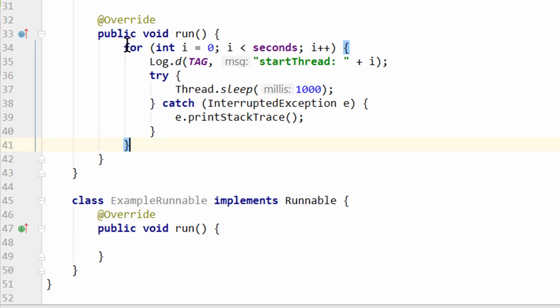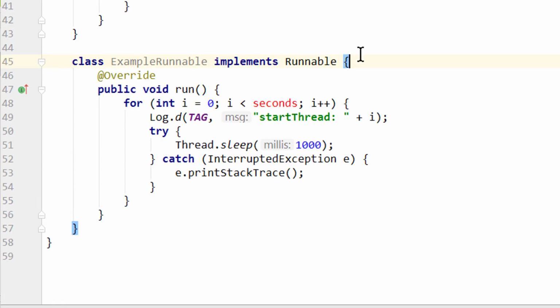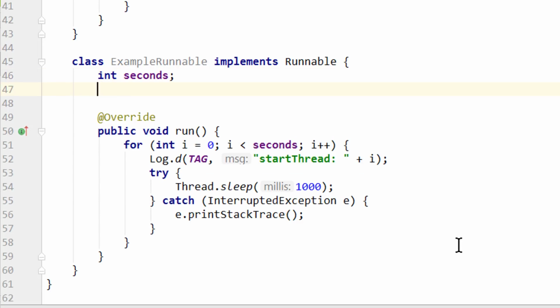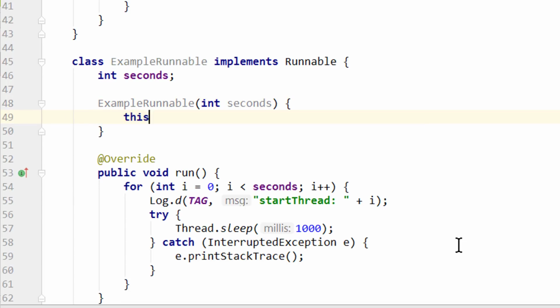And here we want to do exactly the same. We want to execute this for loop. And the same as in our thread, we create a member variable for the seconds and a constructor. Like this.